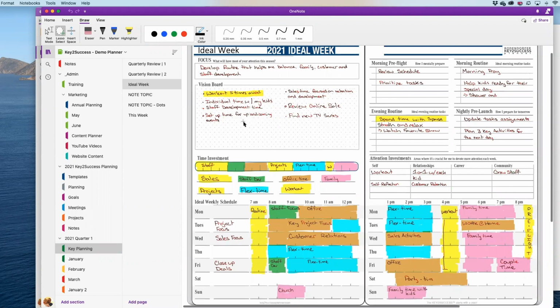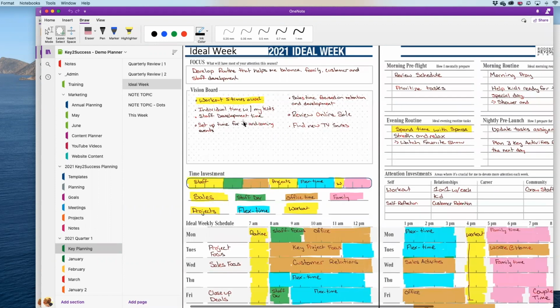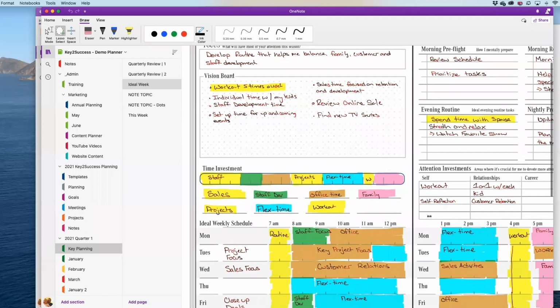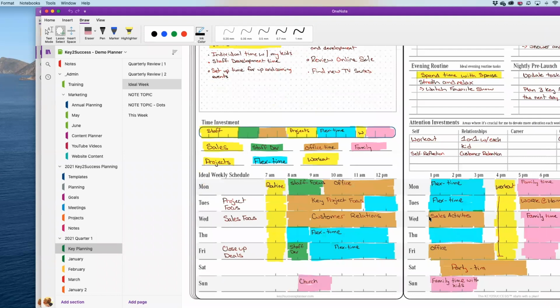But what I ask people to do is take from your vision board some of those key things that you feel are some of your most important aspirations for the year, plot them in here, and then just jump down here to the bottom where I have this ideal week and start writing out what your normal week already looks like.